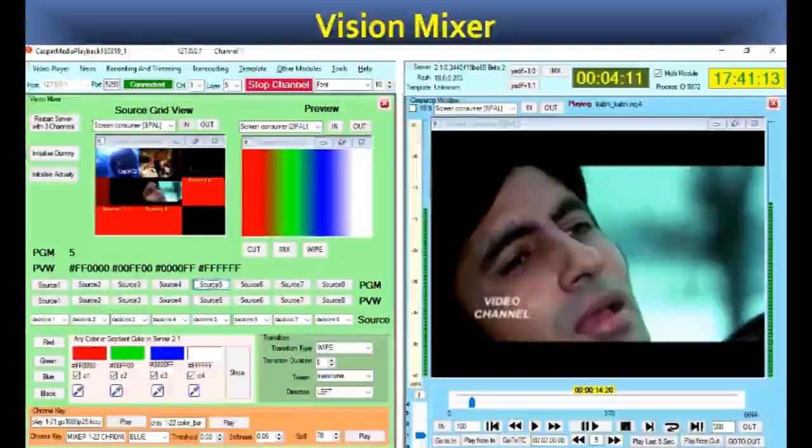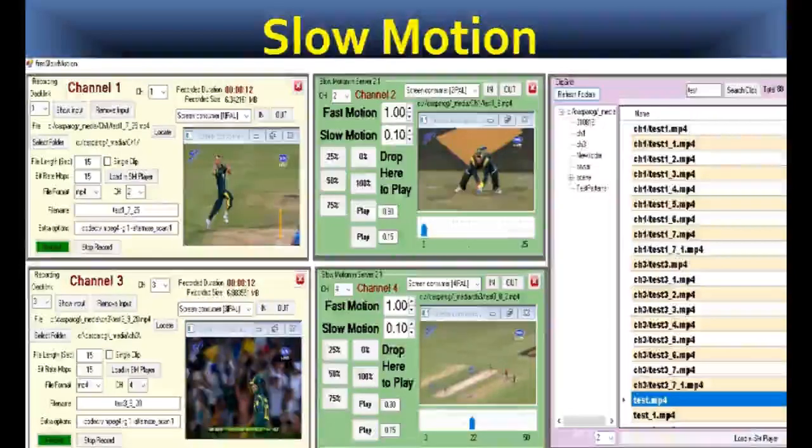This has been developed to be used as a vision mixer. We can use 8 DeckLink or 16 DeckLink input cards to have various inputs, and we can switch the inputs and take one output. Means it can act as a vision mixer. It can have mix, wipe, other effects, and also color, and we can use keying, chroma keying, in that also.